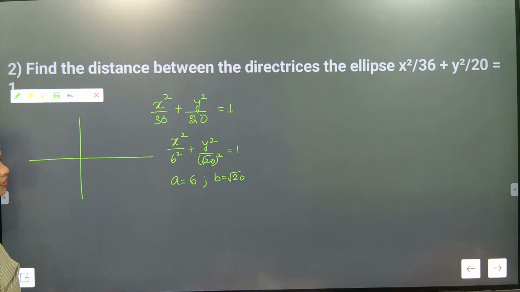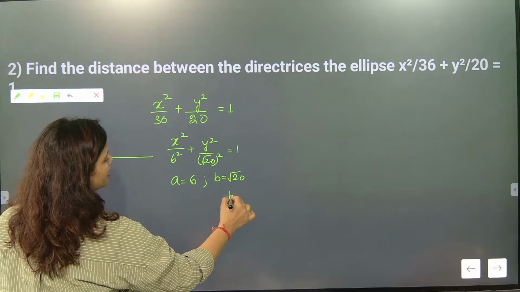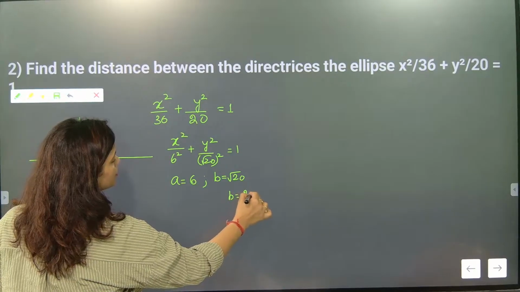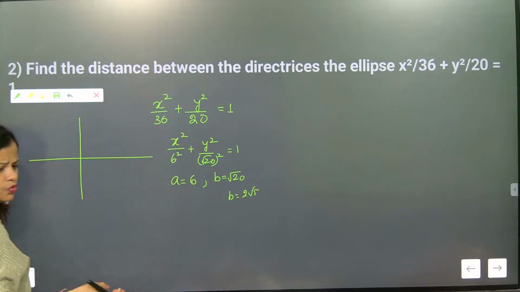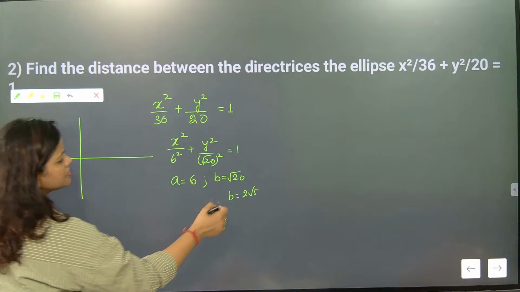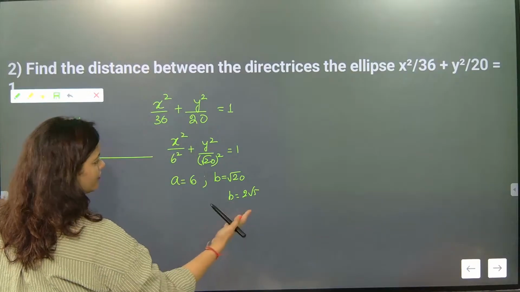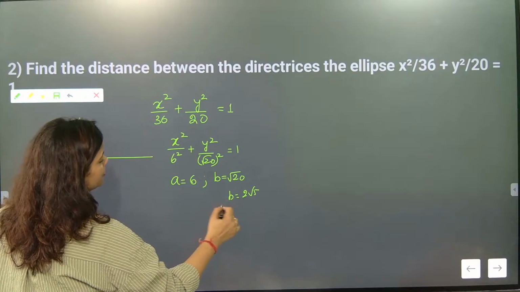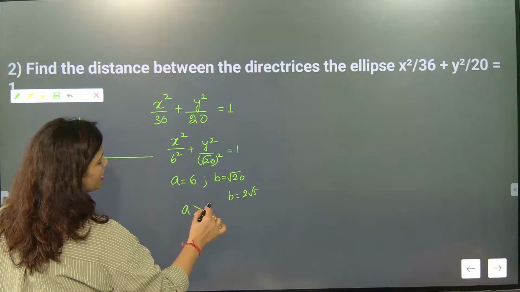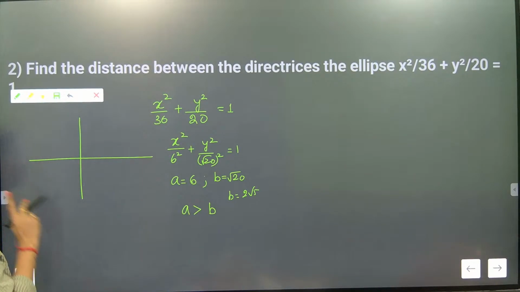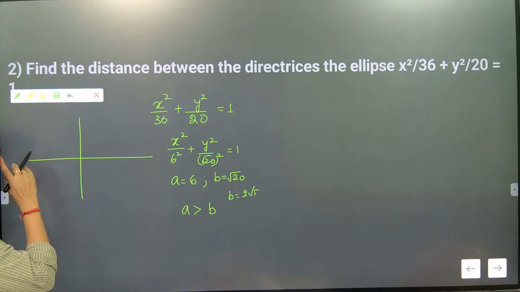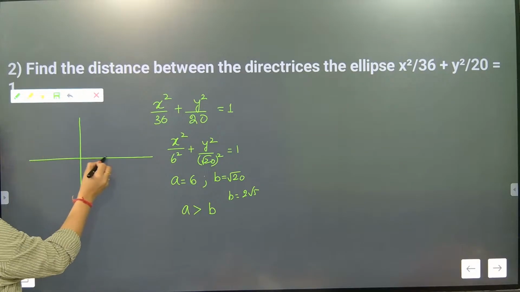Root 20 means b will be exactly equal to 2 root 5. The value of root 5 is 2 point something, so the value will be 4 point something finally. So that means b value is less than a. So a is greater than b. Okay, so till here we got. But our work is to find the most important thing,